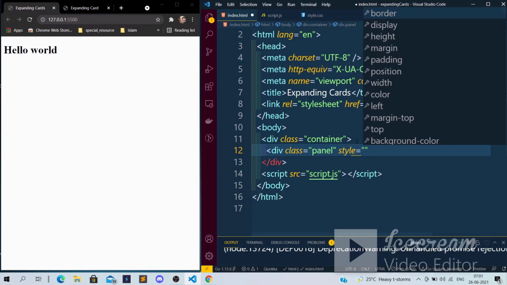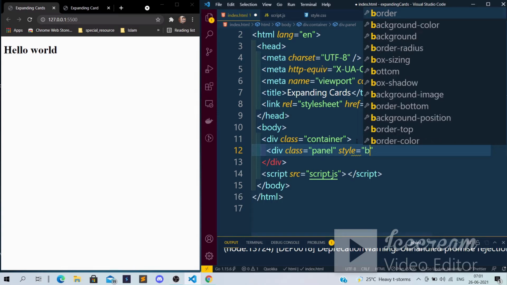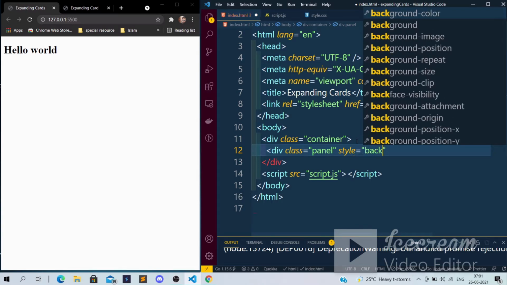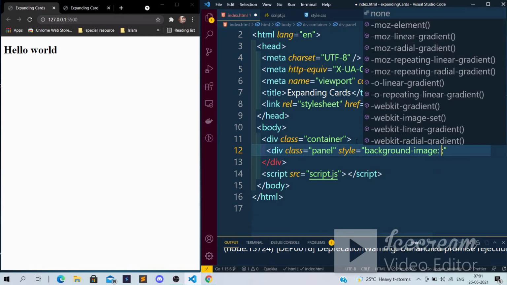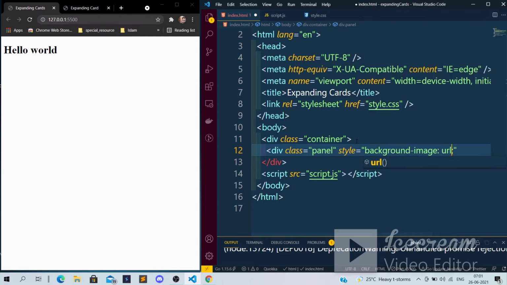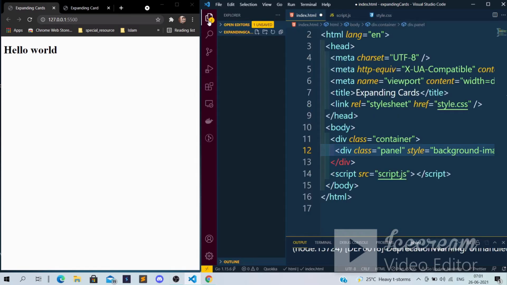I'm giving one style here, that is background image, because that panel is itself an image. I'm giving it as inline CSS, so the background image URL is what I have to give. Where is the URL path? I have already made this.